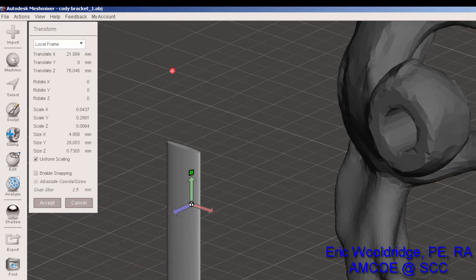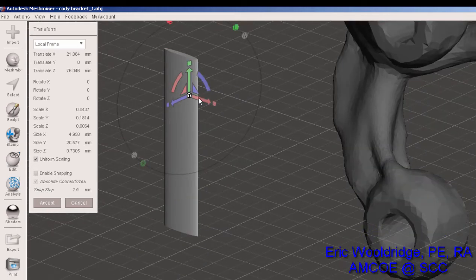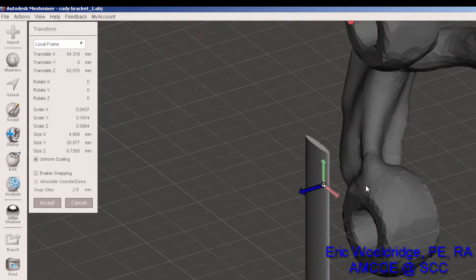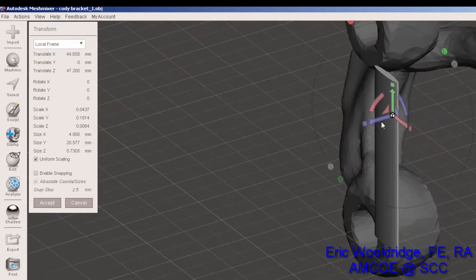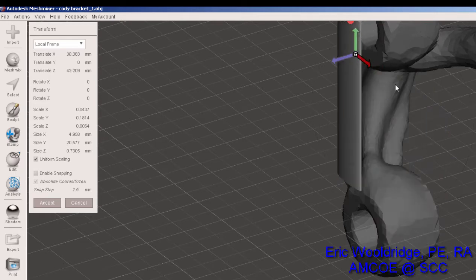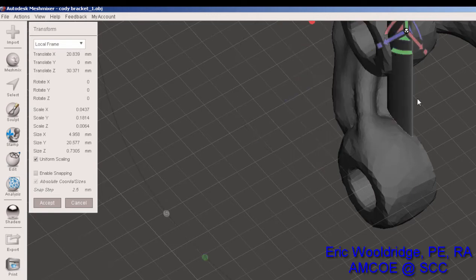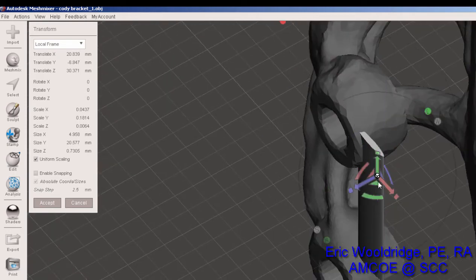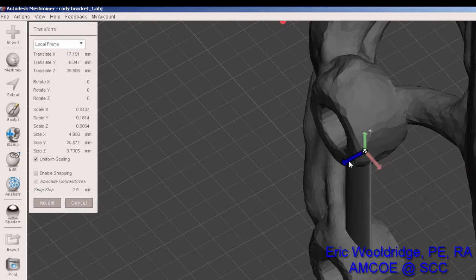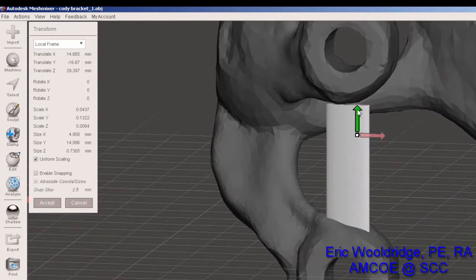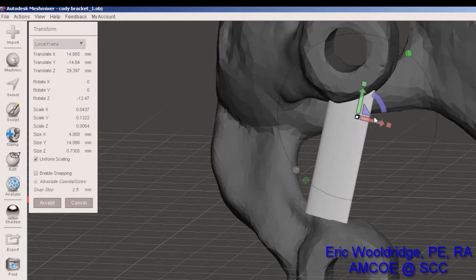Maybe it's a little bit too tall now. And then start using your arrows to move it into position. As you can see there and there. A lot of times I have to drag it around a whole lot to figure out where it is even in space. Until I start seeing it pass through the object, and then I can kind of get in closer. And you see it's too tall at the moment because it's penetrating that wall. Slide it in there, slide it up a little bit, maybe a little rotation. A little less this direction,